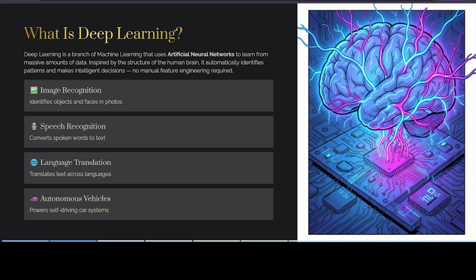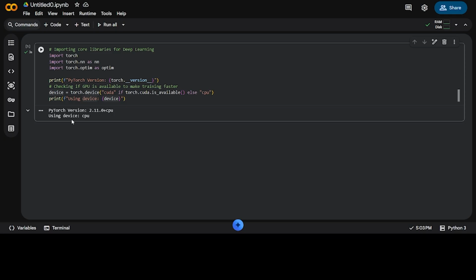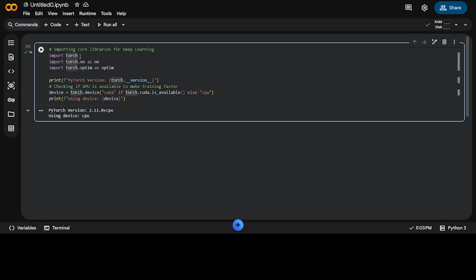So I will explain with code, okay, how to import torch and some libraries for deep learning, okay? I will switch over to my code editor so that you guys can easily understand these concepts, okay? I'm using Google Colab here so that it will be easy to understand, okay? See, I already wrote this code. Import torch. This one is the core library for deep learning, okay?